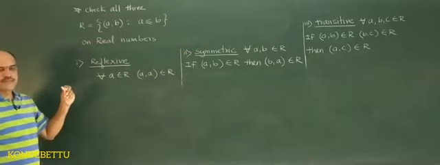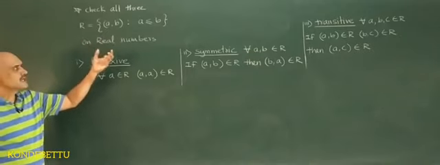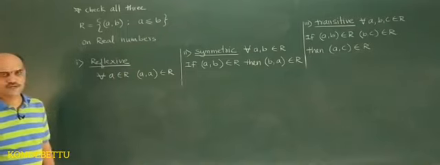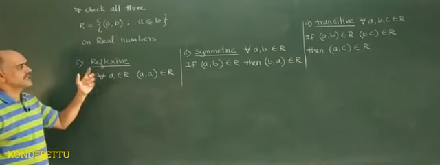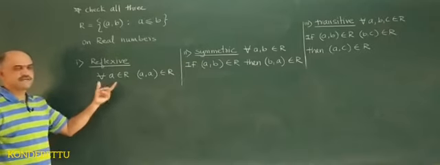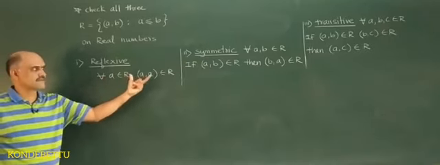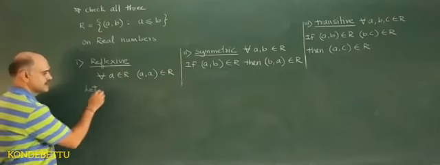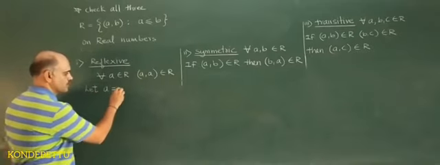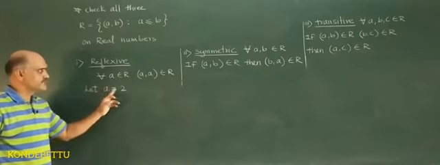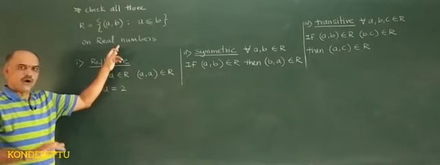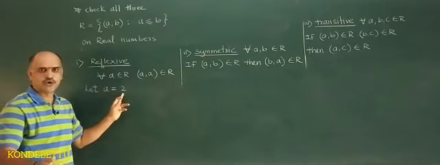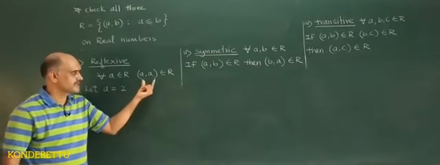So for such problems, we take certain values for a, b and c. You take a, b and c, any real numbers, and you are required to check whether it is reflexive, symmetric and transitive. So first I will take, let a is equal to 2. 2 is a real number. All numbers are real except complex numbers. So you can take 2, 1 by 2, 0.3, 0.5, 10, minus 5, anything.